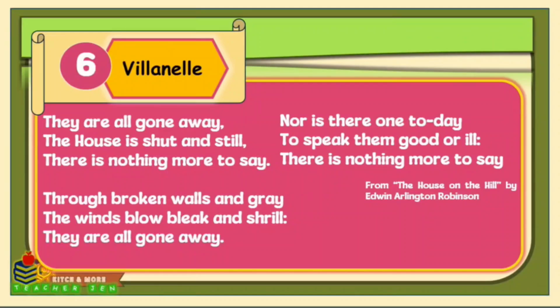In the full poem, the first and third lines keep coming back, like someone thinking the same thoughts over and over again. So what makes this a villanelle? First is repetition. The first and third lines are repeated many times throughout the poem. Next is the musical rhythm. It feels like a lullaby or a gentle echo. And remember, it follows the rhyme scheme ABA. And finally, the emotion. This poem feels quiet and sad, like saying goodbye or remembering the past. That's the magic of the villanelle.